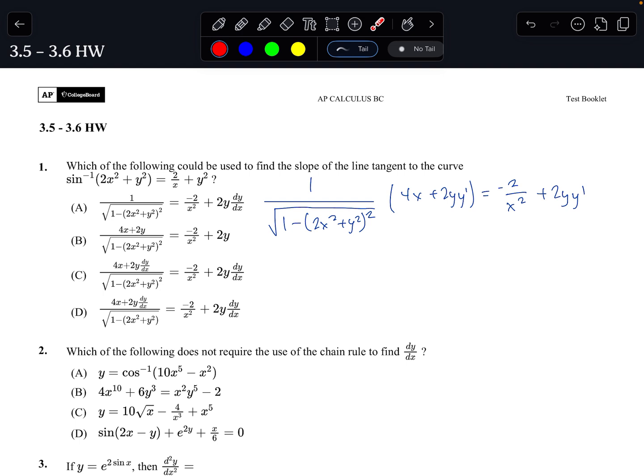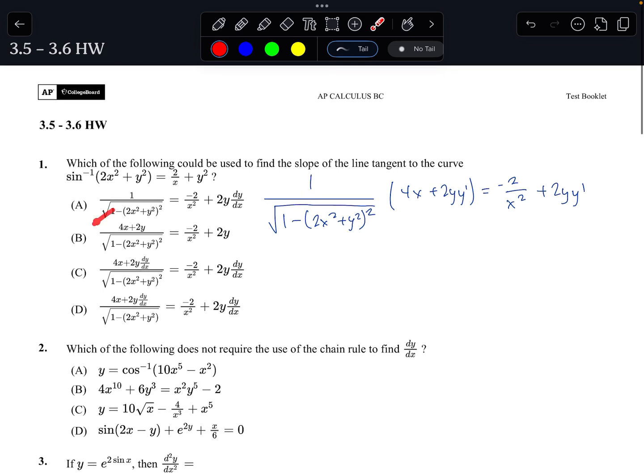So, let's see which of these match. It's not going to be A because there is no chain rule happening for this part right here. And B, we do have 4x and 2y, but we don't have y prime, so they didn't use the chain rule when they took the derivative of y squared. So it's not going to be that one. You can see we have the y prime here, and everything checks out on the left side here. On the right side, we have,